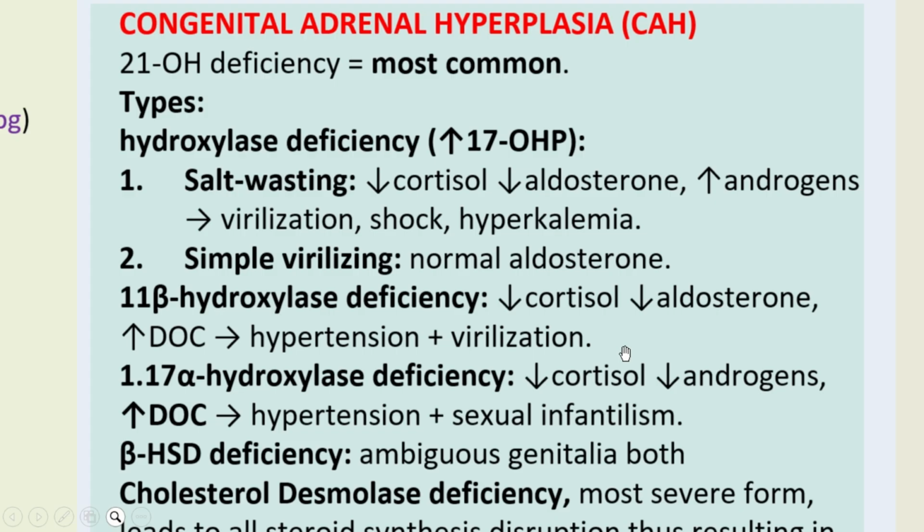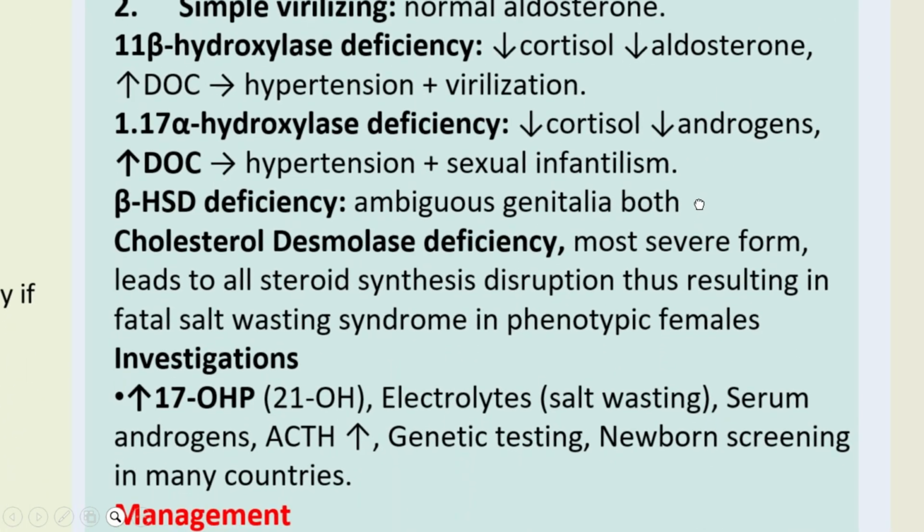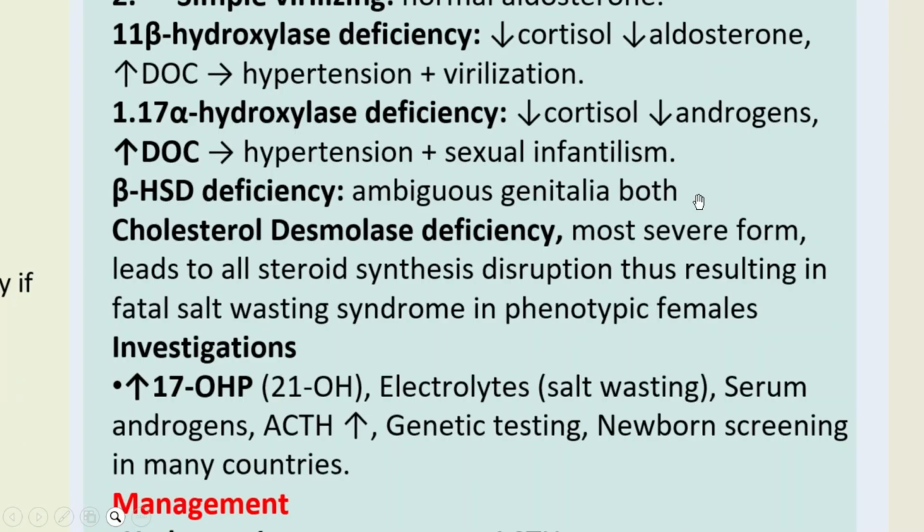Then we have 17-hydroxylase deficiency, where we have low cortisol and low androgens and increased DOC, and that is going to also lead to hypertension and sexual infantilism. Then we have beta HSD deficiency, and this is going to cause ambiguous genitalia, and the most severe form is the cholesterol deficiency, and this one is going to lead to disruption of all steroid synthesis,